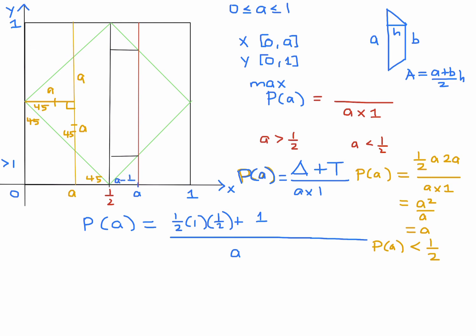Now, previously, I had gone through the angles. This is 45 and this is 45. So that means this is the same as that. So this distance is also A minus a half. And you can do the same sort of story up there to show that that is A minus a half. So this distance would be the full top to bottom, which is 1, minus 2 of those A minus a half. So that's just going to be